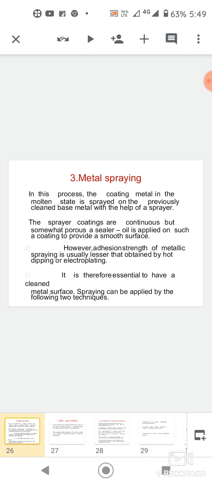Metal spraying or metallizing is used to furnish a protective coating on base metal. In this method, the surface of the metal is coated with finely divided particles of metals for spraying. The surface is prepared and then the molten metal is sprayed on the work surface. The work surface is finished with suitable techniques, that is, the wire method and the powder method. First one is the wire method.